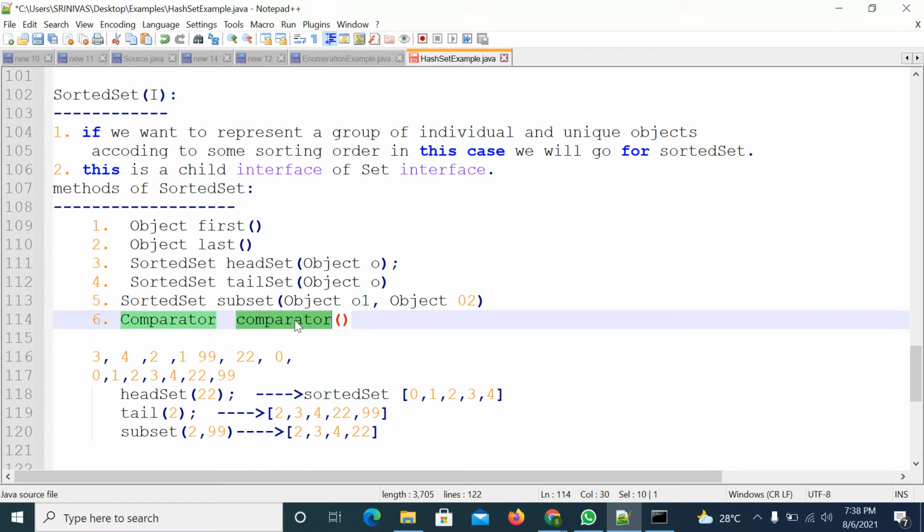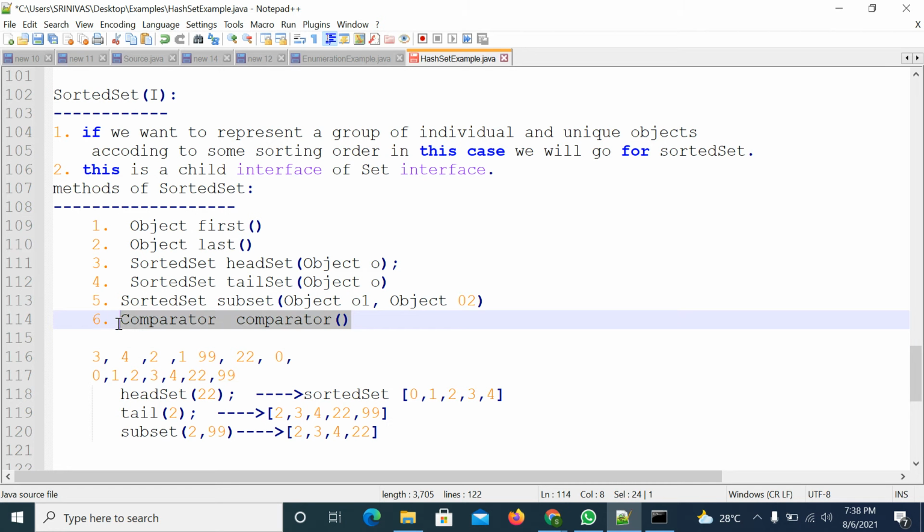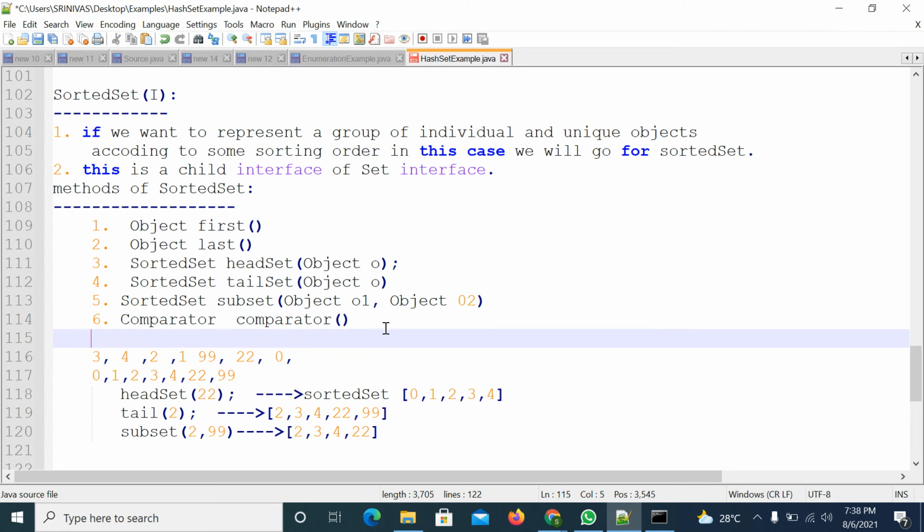If you call this method, it will return a Comparator interface reference type, right? This is used for customized sorting order. We'll discuss it and see it with examples.